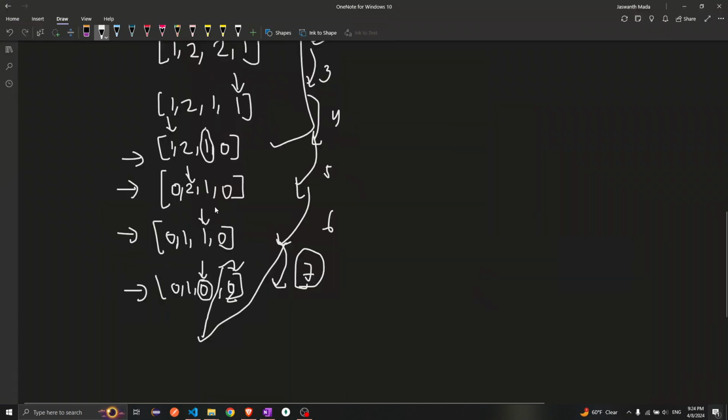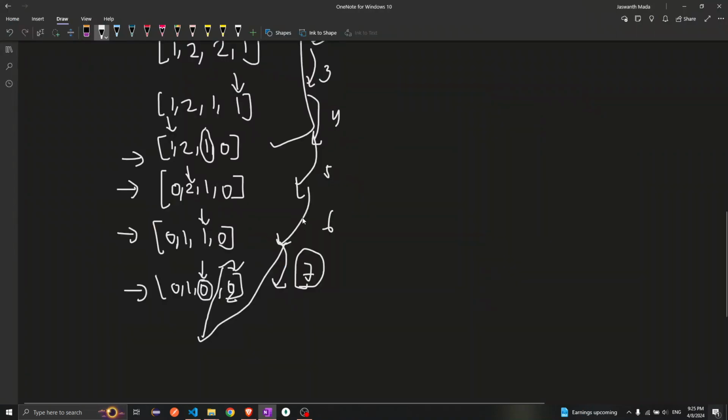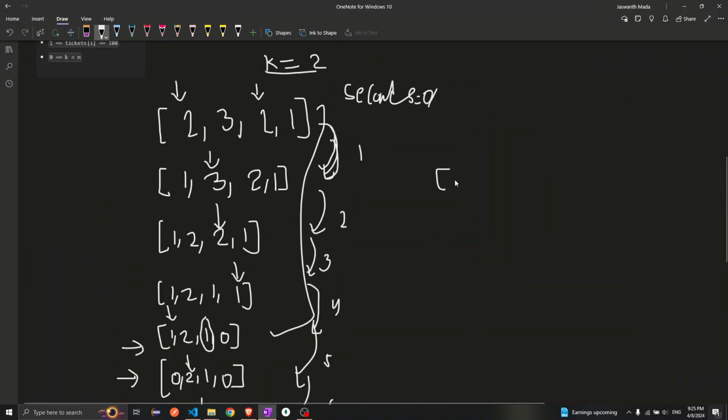This is the same thing I'm applying here. Now, while tickets of k, meaning the kth person, still needs to buy a ticket, we'll go inside and I'm just looping from left to right. And if the current person wants a ticket, reduce his ticket and increase the number of seconds. Right? Here we need to add this extra check because there is something like